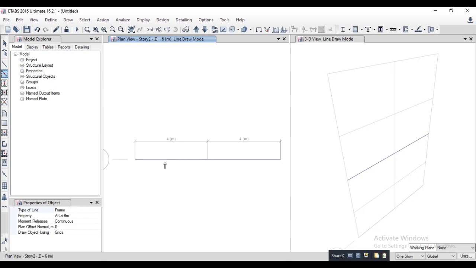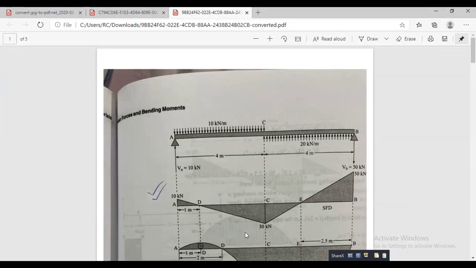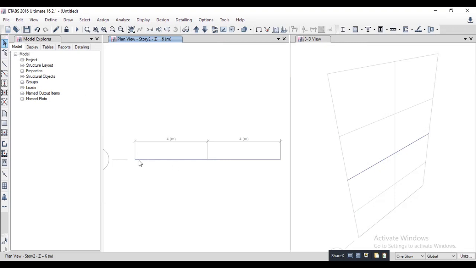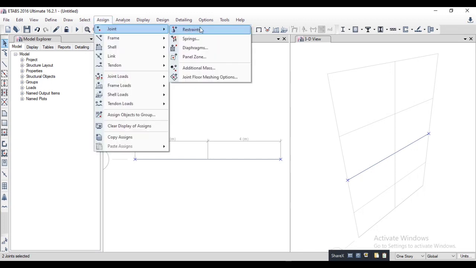After that, we will assign the support. Our question has simple supports at point A and point B. We will give the joint at point A and point B. So go to Select Object, select the point where we want to assign the support, and then go to Assign, then go to Joint, then go to Restraint.